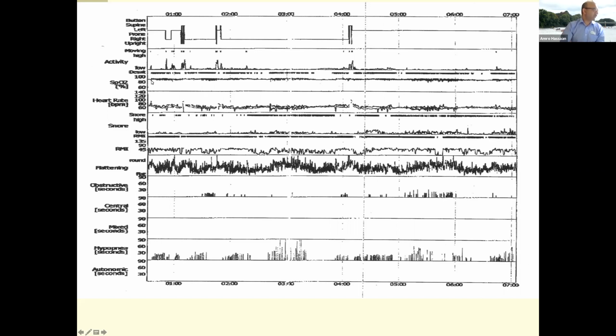It also tells us the oxygen saturation. Now he's teetering at around 90% here, which is okay. It's a little bit low, but it's okay. Here's the fluctuations in heart rate. And we know that big fluctuations in heart rate and blood pressure can actually lead to ischemic events. We know this from head and neck surgery. The snoring volume, and several other things.